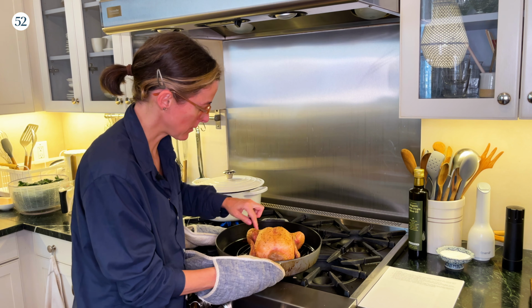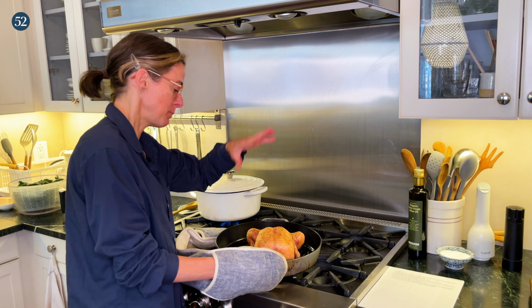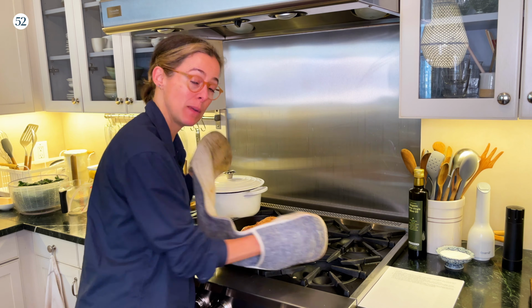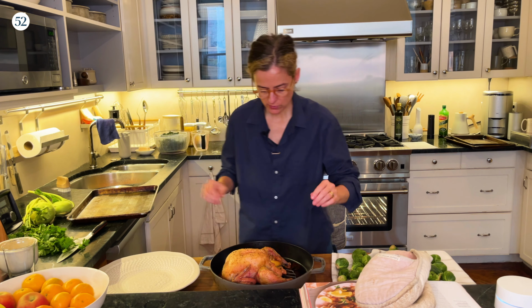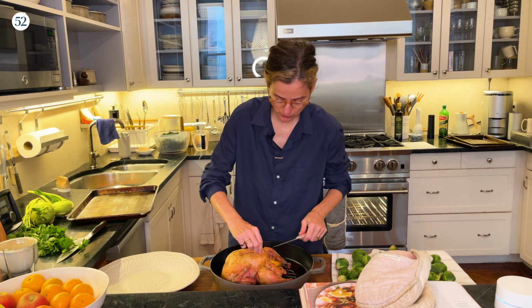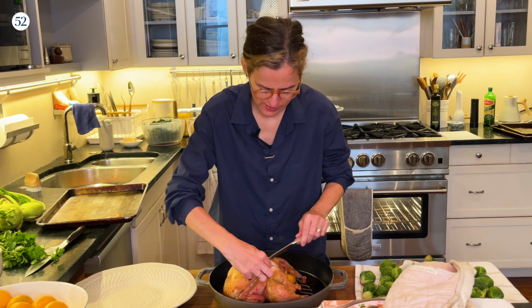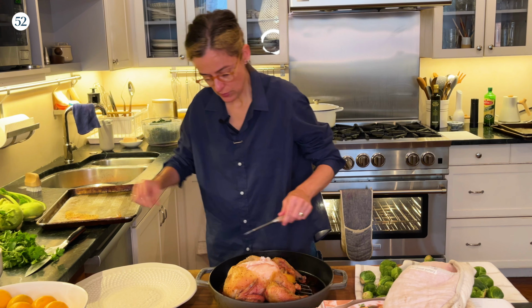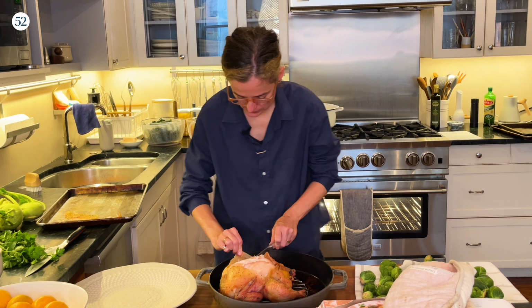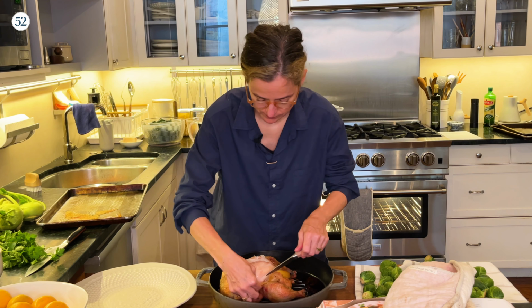And what I'm gonna do is I'm gonna just let this cool for a few minutes, just until I can just touch it. And then we're gonna peel off all the skin. So in the meantime, I'm gonna crank up my oven to 425. So 2 things are gonna happen here. First, I'm gonna start peeling off the skin, and you're supposed to take off the entire skin. It doesn't have to come off in one piece at all, because you're gonna ultimately just break it up. So I'm gonna just kind of peel it off as I can,